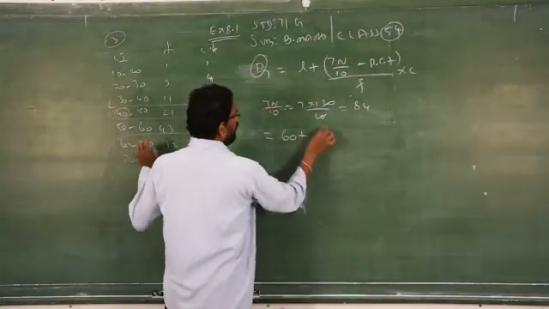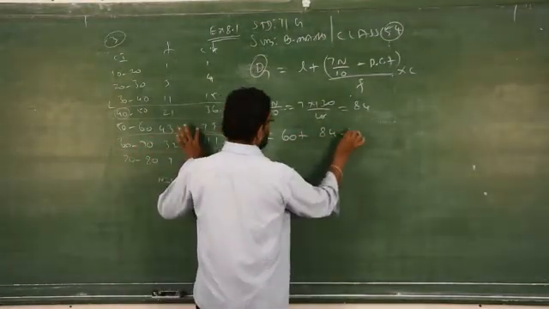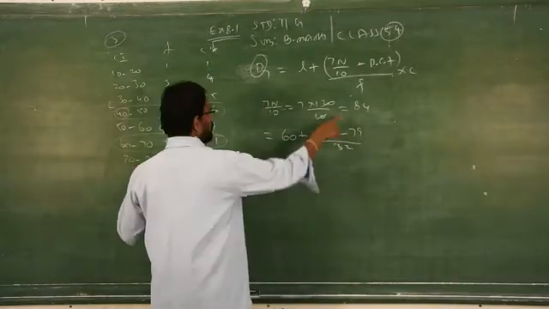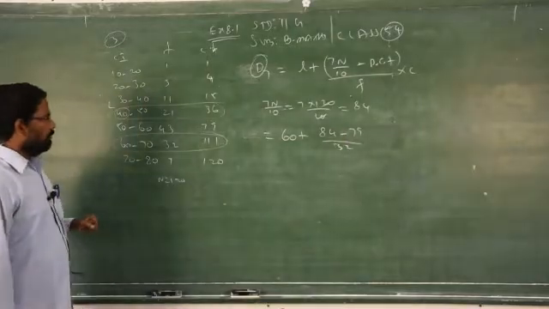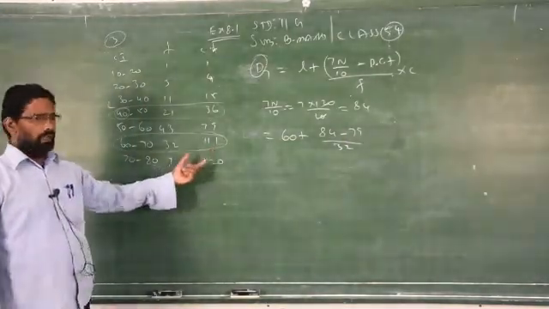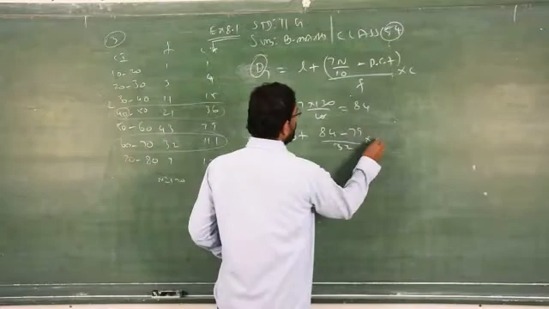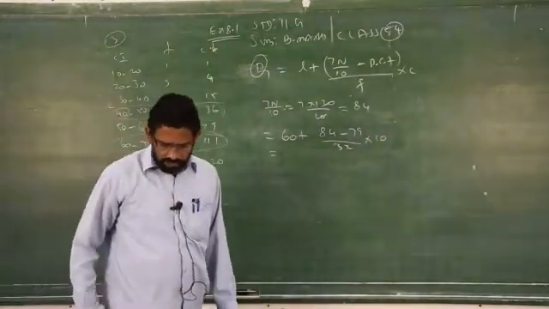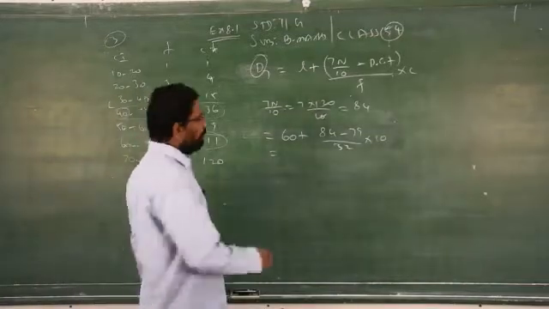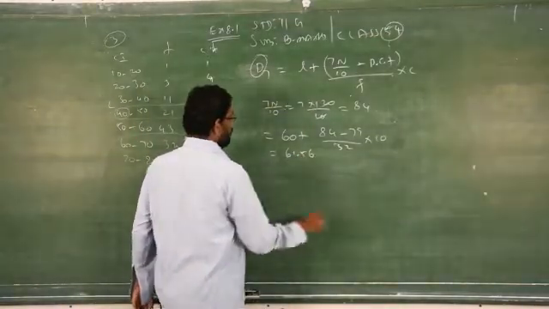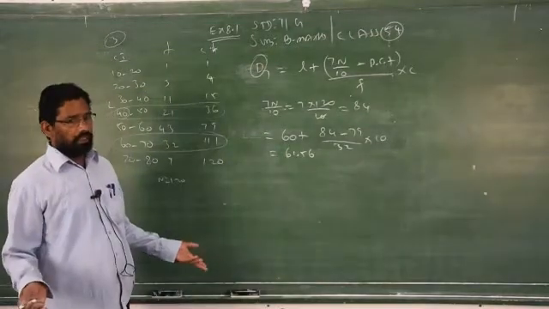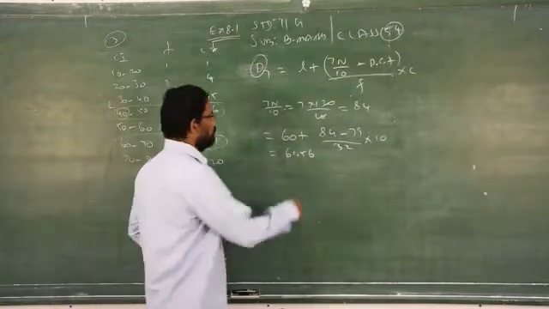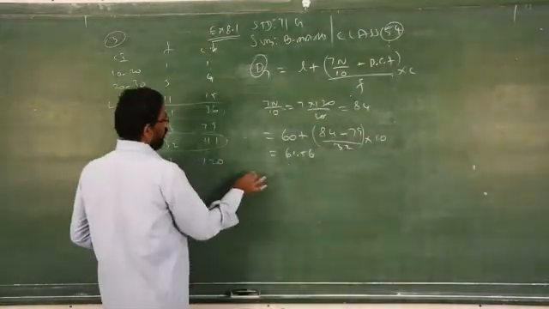So D7. What is our lower limit? 60 plus 84 minus the previous cumulative frequency 79, by frequency 32, because 12 sevens are 84. So 84 comes under this modal class. So 32 into 10. So simplify, you will get the answer D7 as 61.56. I am writing straight away that answer because we use calculators. I worked out everything on paper. I am writing only the answer. Clear? So you have to check with the help of your calculator.